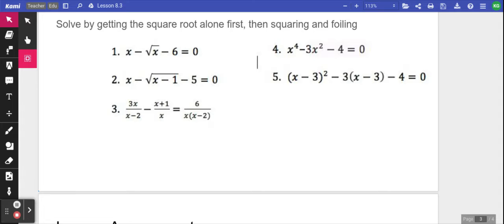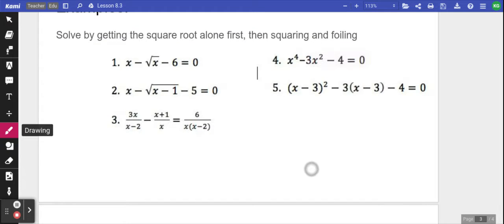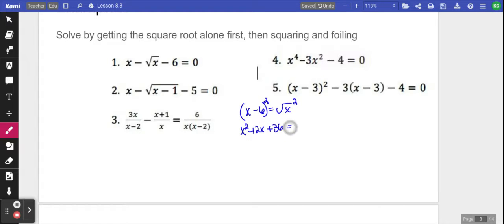Okay. On number 1 here, we have x minus the square root of x minus 6 equals 0. If we want to square to get rid of the square root, it has to be alone by itself. So I'm going to add the square root to this side. That gives me x minus 6 equals the square root of x. Now that we've isolated the square root of x, we can square both sides, which turns this side into a FOIL. When I FOIL that out, I would have x squared minus 12x plus 36 equals x. Subtract the x, which gives me x squared minus 13x